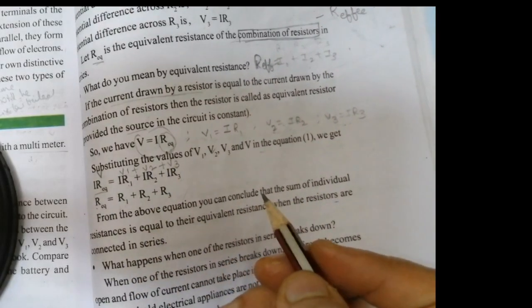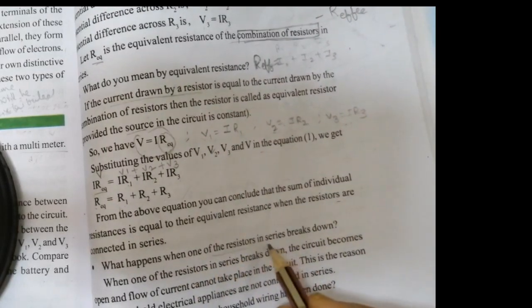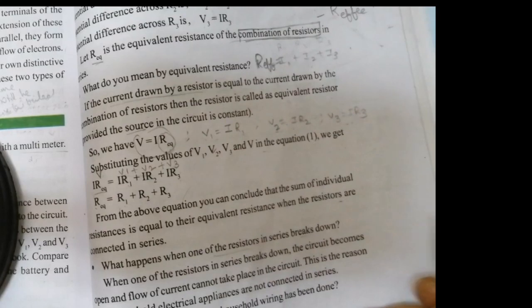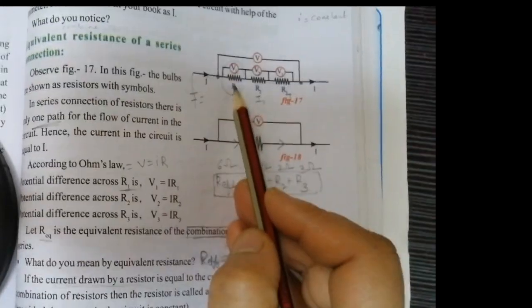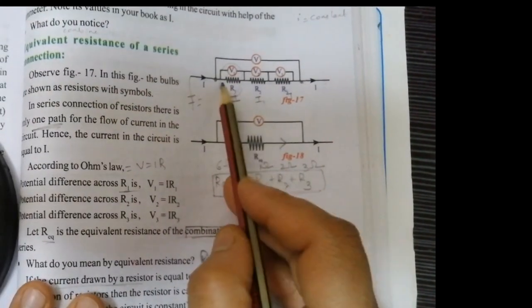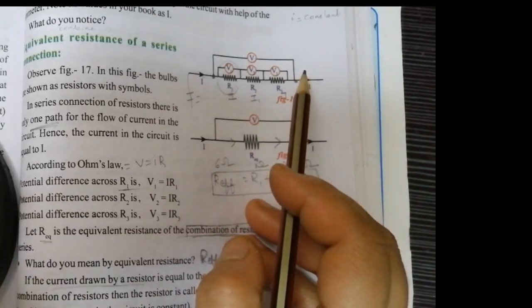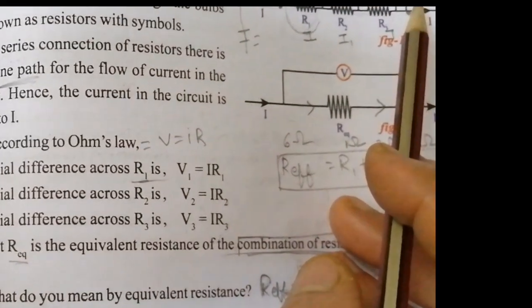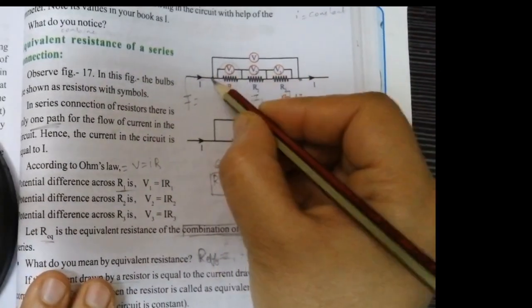One application question is, what happens when one of the resistors in series breaks down? What happens if one of the series breaks down? Suppose this is an electric circuit, an electrical connection diagram. So what happens here if